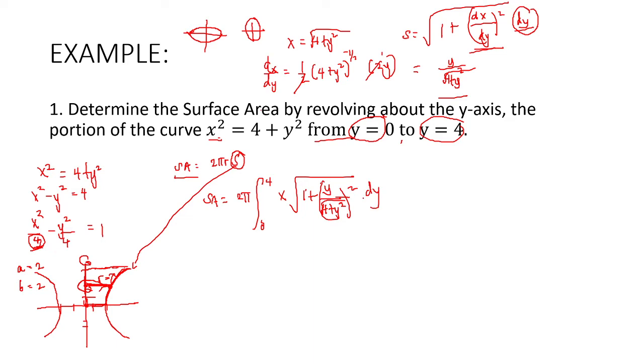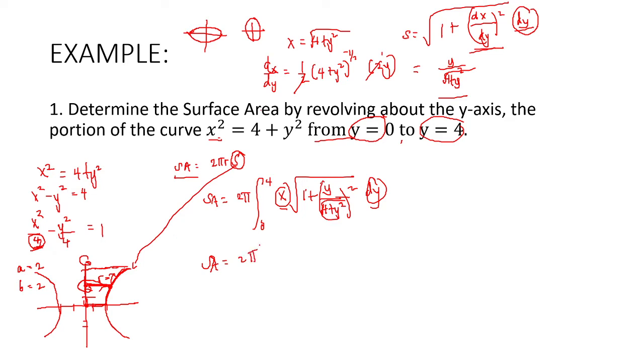Now take note that we cannot substitute this one yet, since this is x and we are integrating in terms of y. So what we are going to do here is change this equation first into x squared is equal to 4 plus y squared. So therefore, that will now be equal to